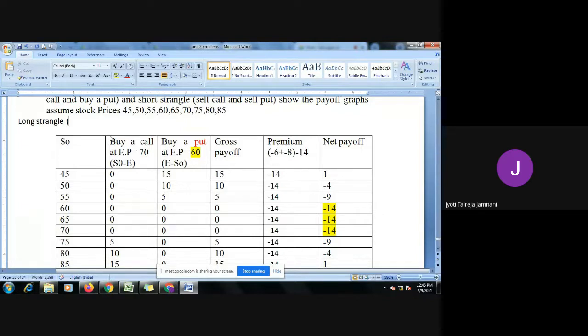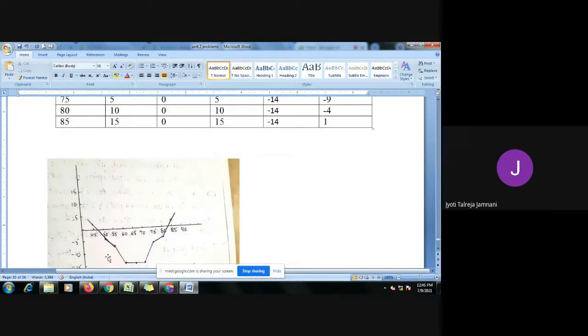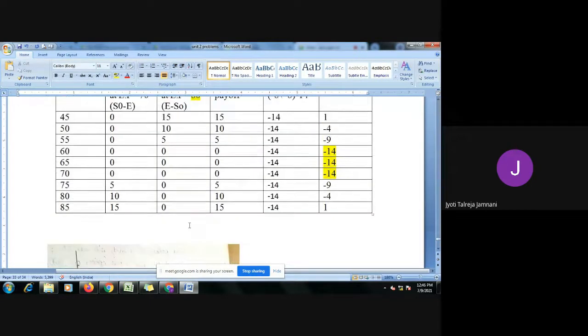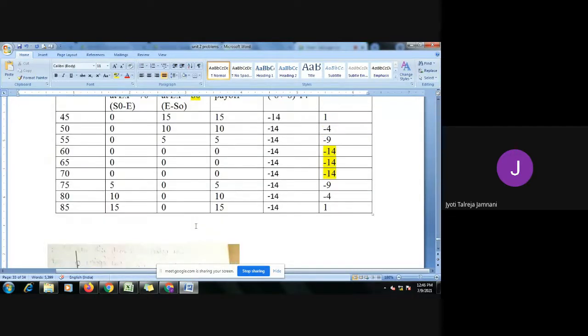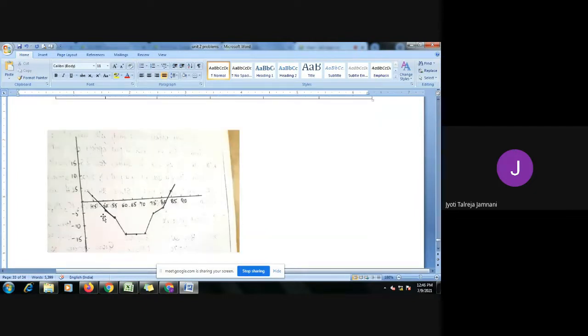So we will have a bottom graph. Okay. So it's going in the negative quadrant. Let's see. At 45, you have a gain of 1 rupee. So at 45, 1 rupee. Then at 50 minus 4, at 55 minus 9, and from 60 onwards minus